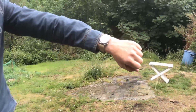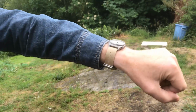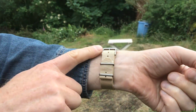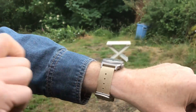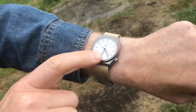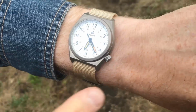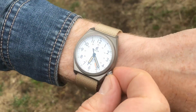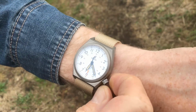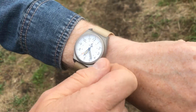So this is what the BOLDR Venture looks like on the wrist. And this is the strap, NATO strap. As you can see, it's got the titanium to match the titanium case, and also the colour of the NATO strap matches the colour on the hands. You can see the actual crown is nice and grippy. It's a nice size, and if we unscrew that, that pops out, and you can wind that,